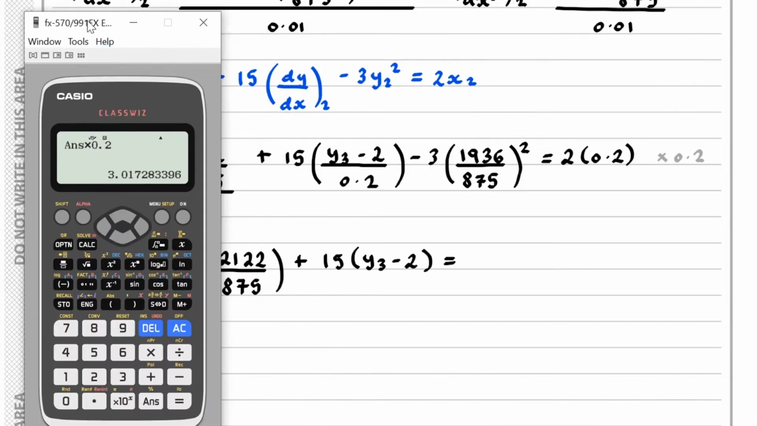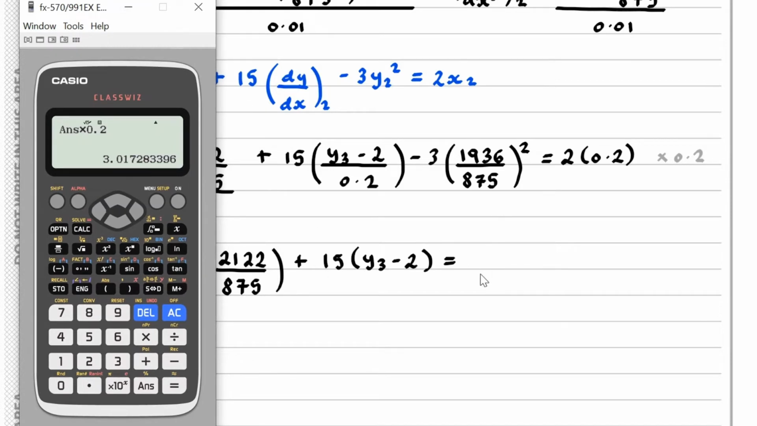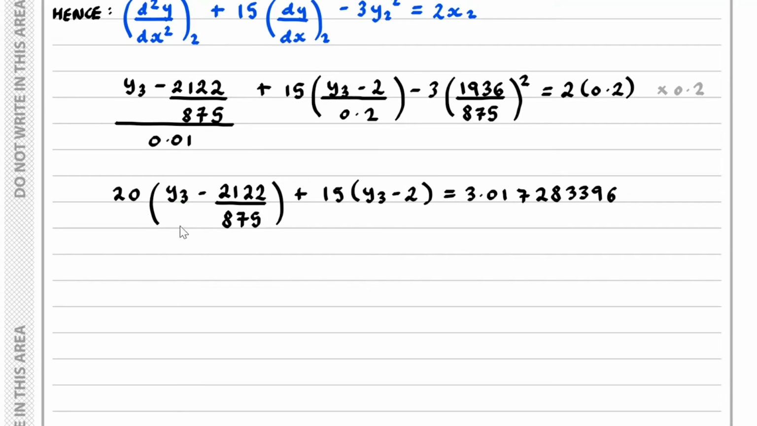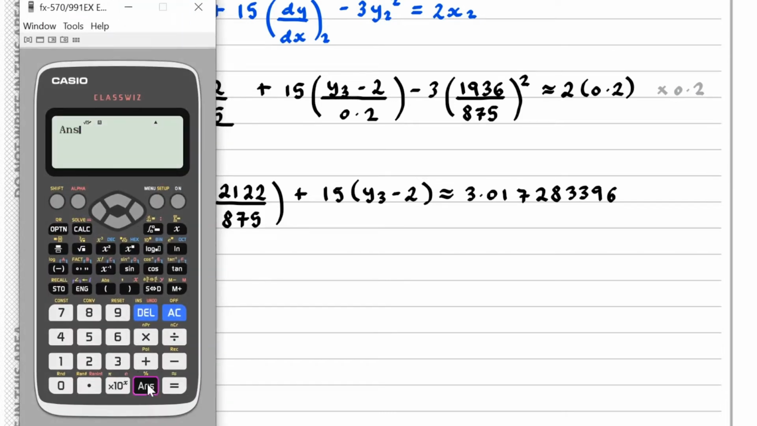So we have the result here equaling 3.017283396, and if we simplify, we've got 35y3 being approximately equal to, well, here we've got this value plus 30 plus 20 times by 2122 over 875,